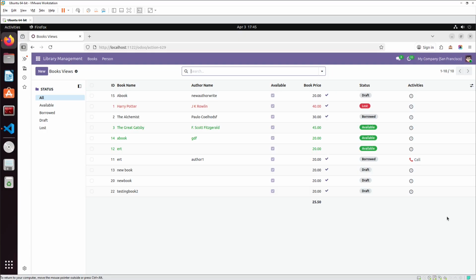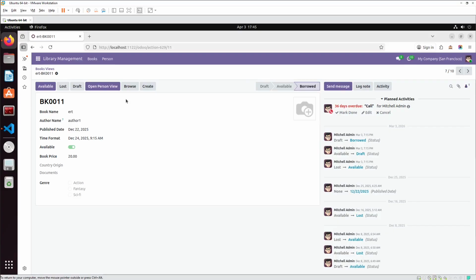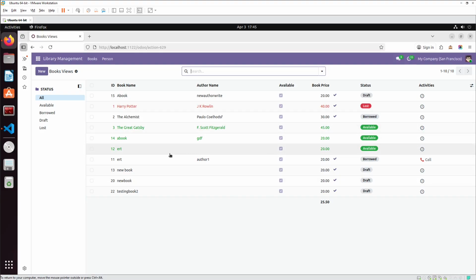So as you can see, I am currently in my library management module, and here I have already shown the ID of the particular records. Now, on clicking browse we are getting the ID and updating the record. Instead of updating the record, we will simply delete the record. So when I go to the code,